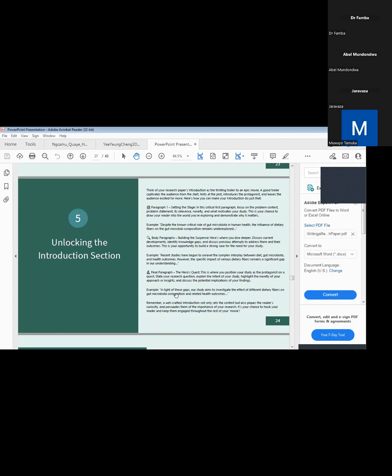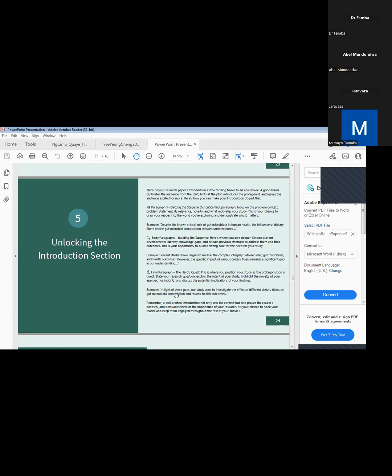Unlocking the introduction section. Think of your research paper's introduction as the thrilling trailer to an epic movie. A good trailer captivates the audience from the start, hints at the plot, introduces the protagonist, and leaves the audience excited for more. Here is how you can make your introduction do just that. Paragraph 1, setting the stage. In this critical first paragraph, focus on the problem context, problem statement, its relevancy, novelty, and what